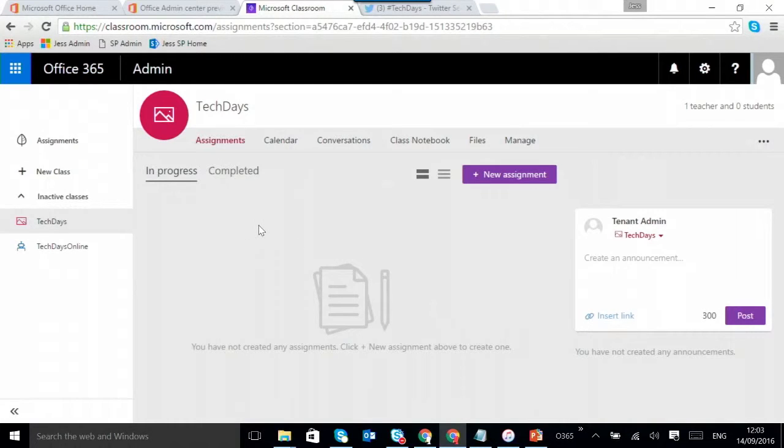Good timing. So there you can see, obviously, conversations. They're exactly what you see in Office 365 groups, except they've added the assignments and they've called it a class notebook. So gone are the days of the teacher going through with a red marker pen and scribbling all over it. Well, I'm sure you could use a drawing tool on Word or something if you really wanted to use a red pen.